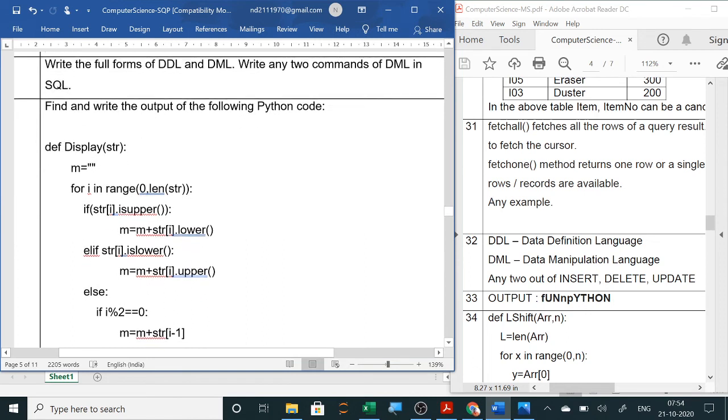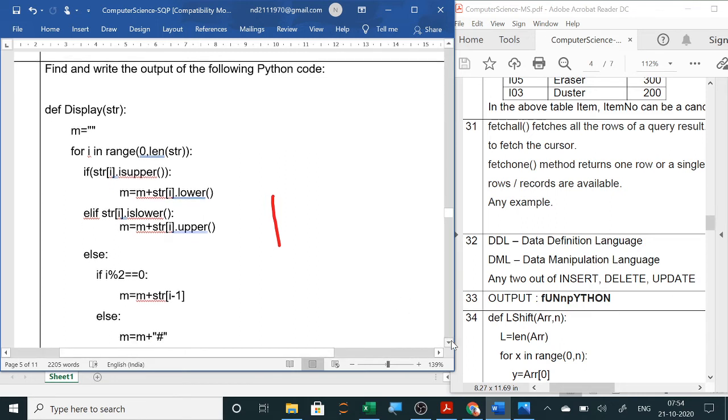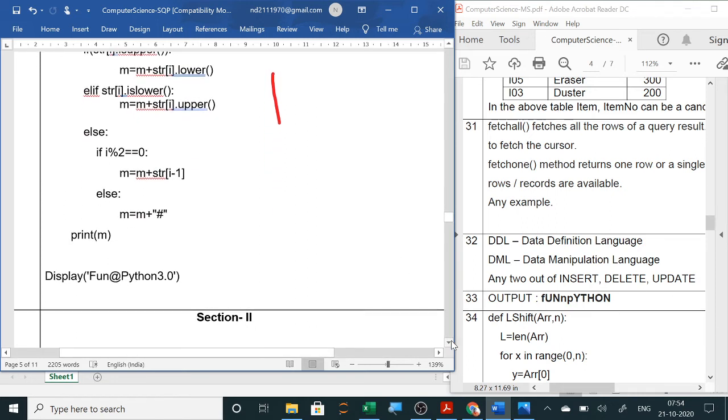Next is: find and write the output of the following Python code. Now here we will solve this question. So let us solve this question. Find and write the output. So we will start from our main program. Always we have to start from the main program. So here you can see in this main program, func